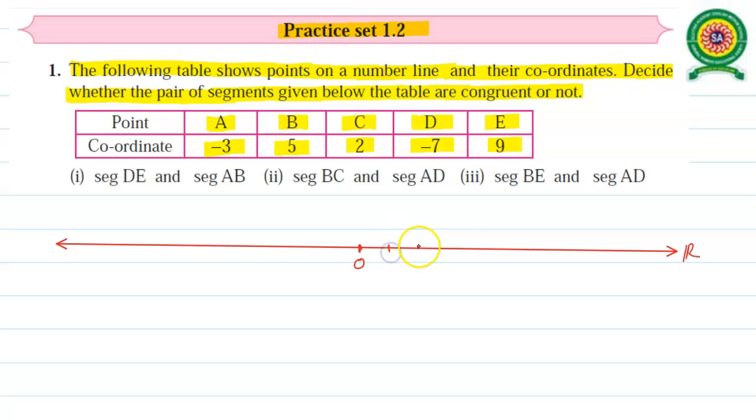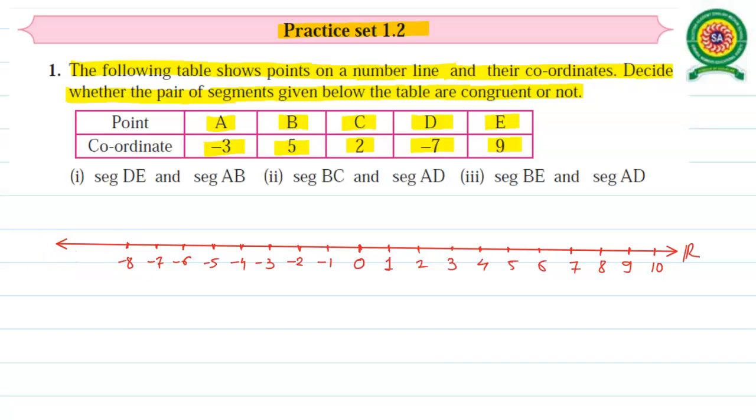Right of it we have all the positive integers that are equally spaced. That means the distance between successive unit places is constant. So we have 1, 2, 3, 4, 5, 6, 7, 8, 9 and 10. Towards the left of 0 we have all the negative integers. Again the distance between successive unit places is constant, or the same. -1, -2, -3, -4, -5, -6, -7, -8 and so on.